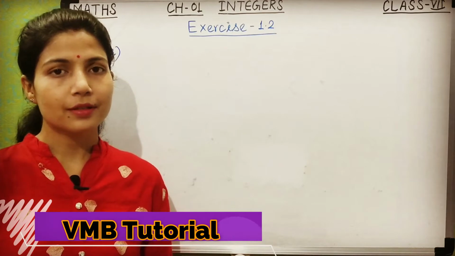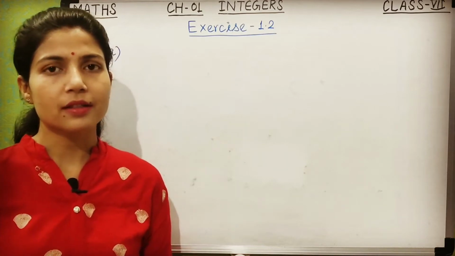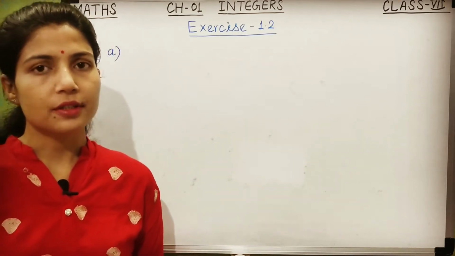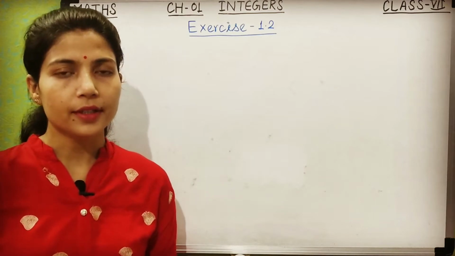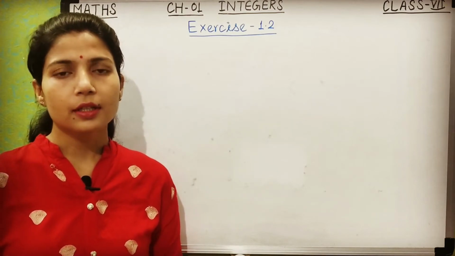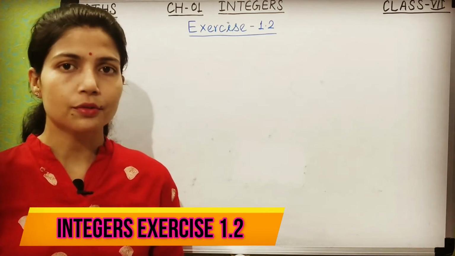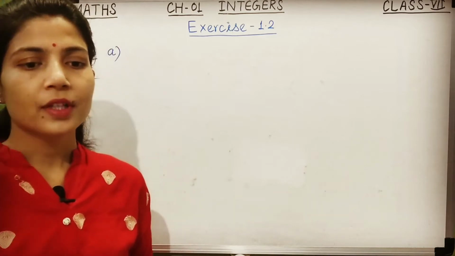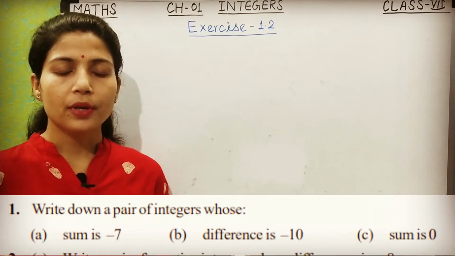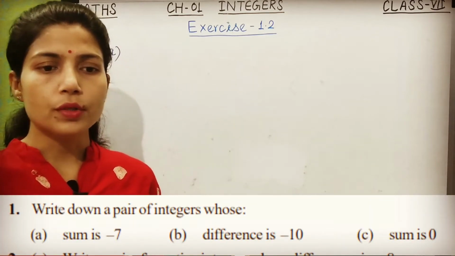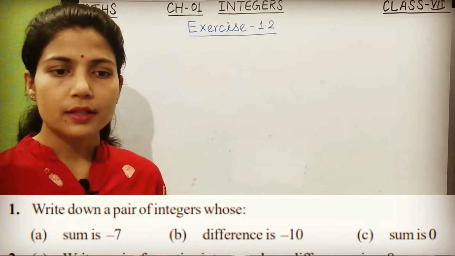So in the previous session we discussed exercise 1.1, questions number 5 to 9, right? Okay, and today in this session we are going to discuss exercise 1.2. So let's start. Question number 1 is: write down a pair of integers whose sum is